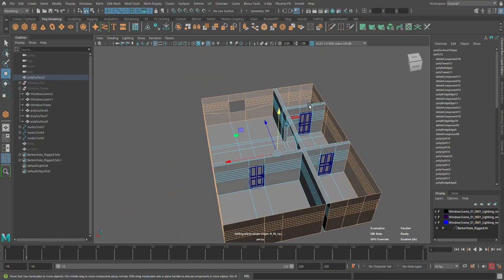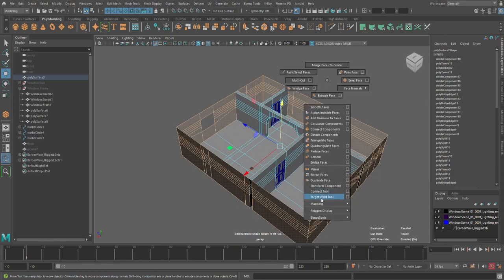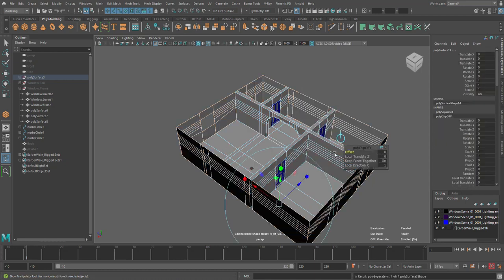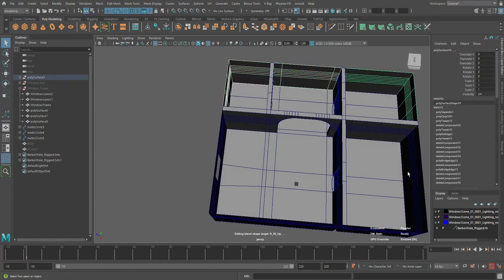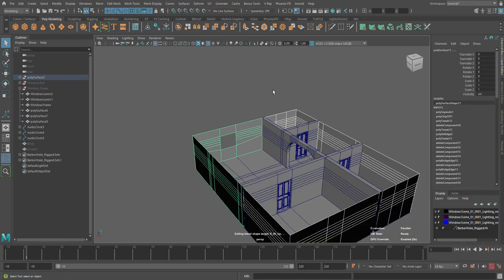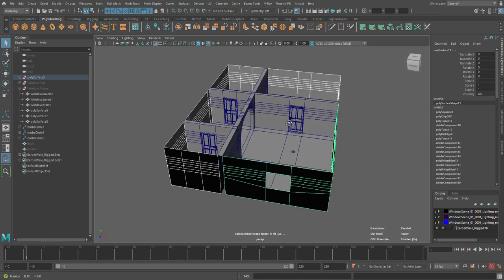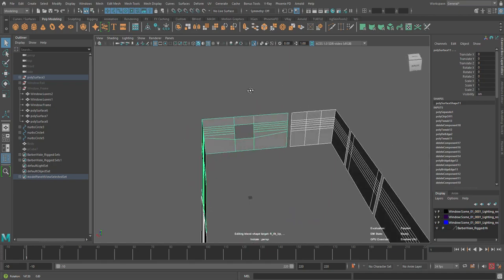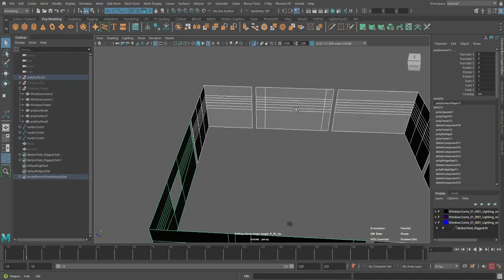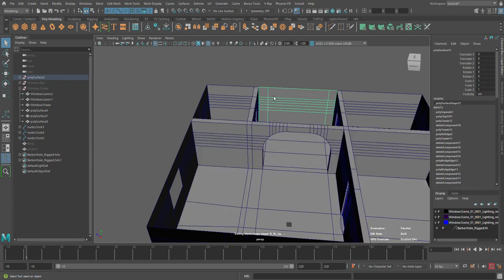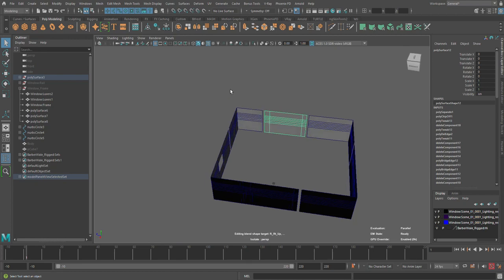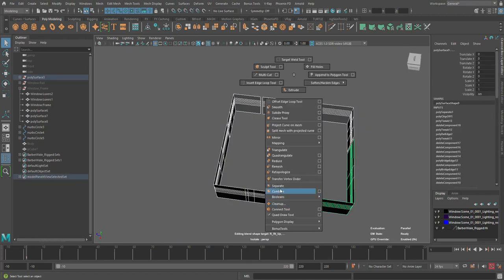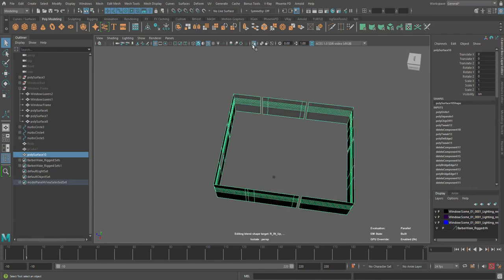Now with this, I'm going to extract this, break this out from its original. That's extract, and with this now, let's grab all the walls. Sometimes you might have this as a separate object for the wall itself, depending on how I want to have it there, but for convenience, I have it as a separate object. Now I want to combine everything here. Let's combine this. Oh, it's gone off. Okay,